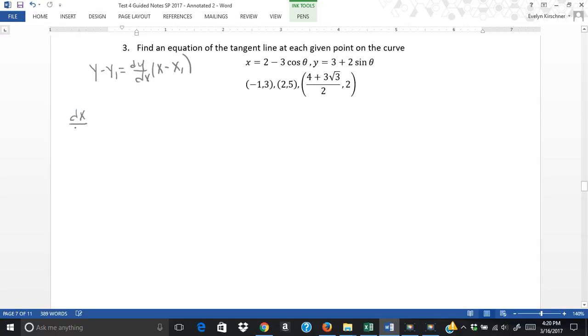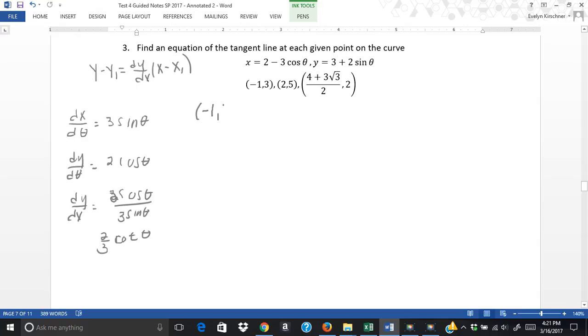So my dx/d theta is going to be 3 sine theta, and my dy/d theta is going to be 2 cosine theta, which means that my dy/dx is going to be 2 cosine theta over 3 sine theta, or 2/3 cotangent theta. So let's look at the points. So at the point -1, 3,